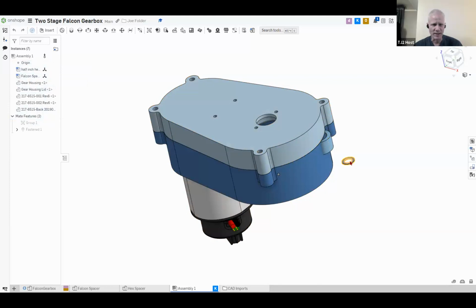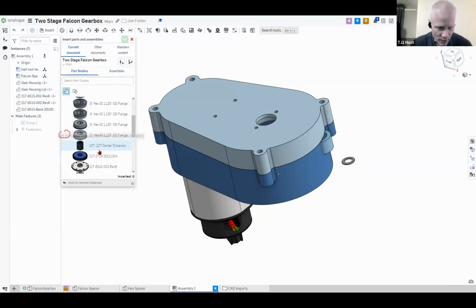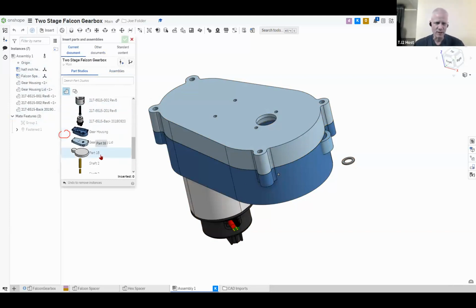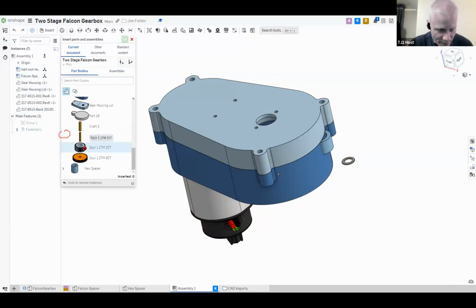What do we have to do? We go up to the insert button, which I need to get my pen. And what do we want to insert? So you hit this button here to be able to see all of the parts that are in there. And now the problem is going to be, you know what? Let's not put the bearings in. Let's use MKCAD to bring the bearings in. So you want to bring the shafts, but not the bearings. The shafts and gear. So you want to bring in shaft 2. Yes. Click that one. You want to bring in